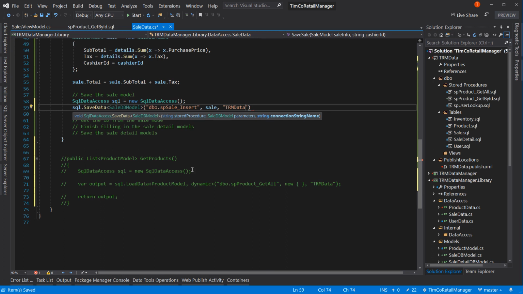That's actually the connection string name. It's the ID of the connection string, not the actual connection string. So that should save our sale model. Now, off the top of my head, I do not